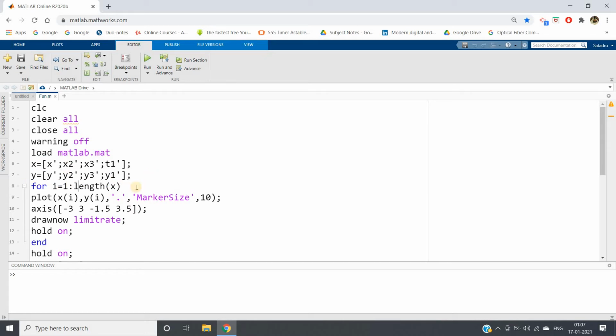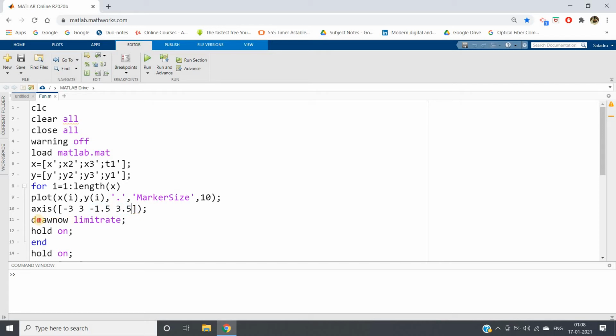Now I am iterating using a for loop over my data, plotting each data point with marker size 10 and a dot line style, so kind of a scatter plot will come. I am keeping a constant axis, where the minimum x range is -3, maximum x is 3, minimum y is -1.5, and maximum y is 3.5.